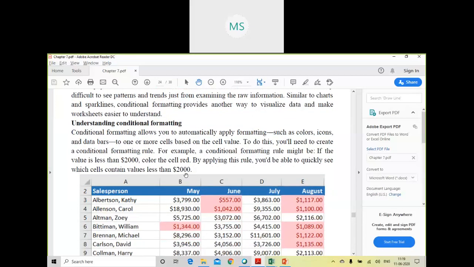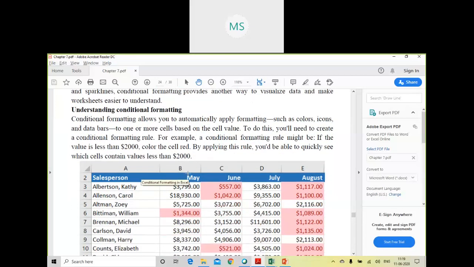So understanding conditional formatting. Conditional formatting allows you to automatically apply formatting such as colors, icons, and data bars to one or more cells based on cell value. To do this, you will need to create a conditional formatting rule.